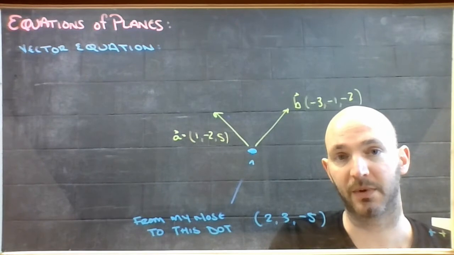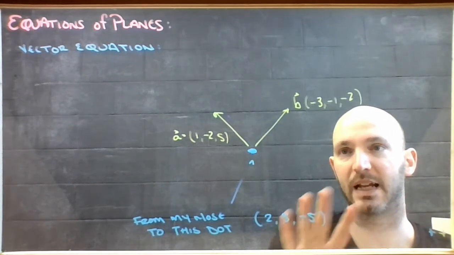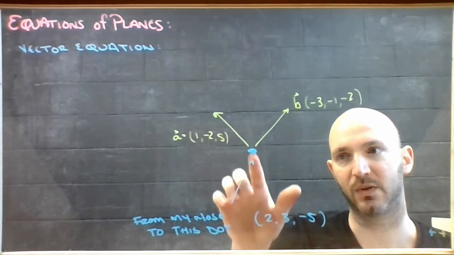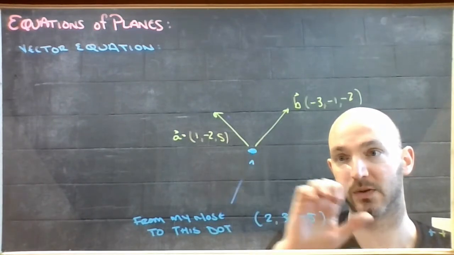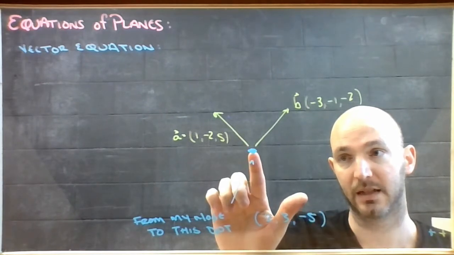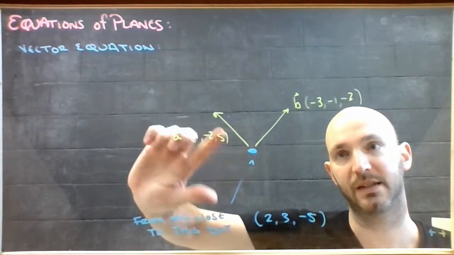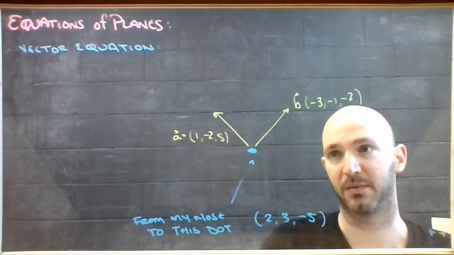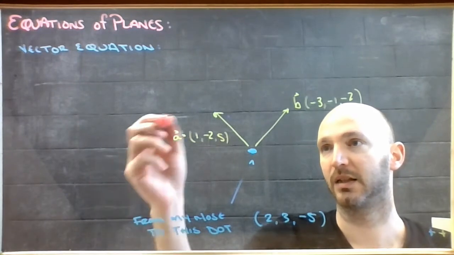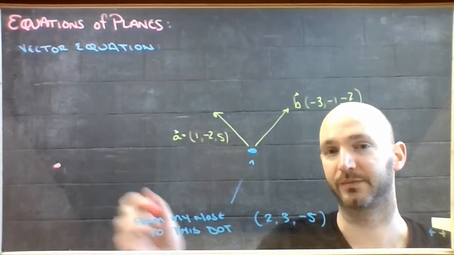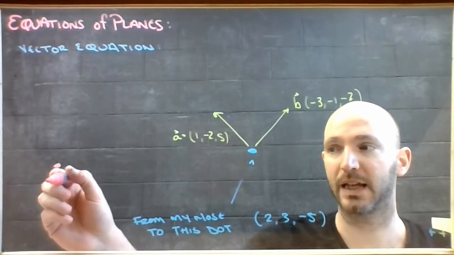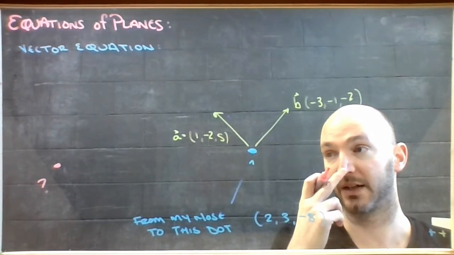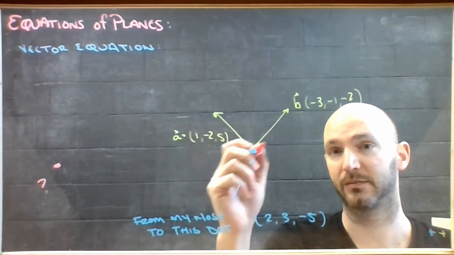So what I've accomplished then is I've established that every point on this plastic surface can be constructed using this vector from my nose to the dot, which gets me to the plane, and then some combination of this and this will let me land at any location I like. For example, let's try and go like here. Well, how do I get here? Well, it looks to me like if you went from my nose to this place,